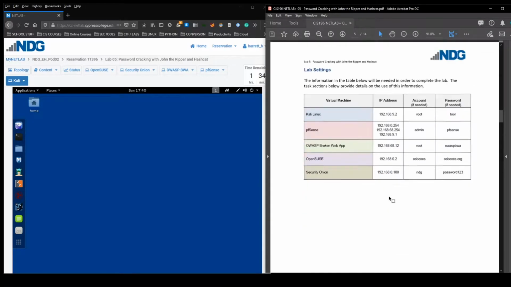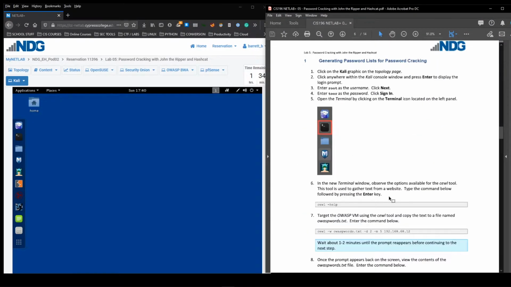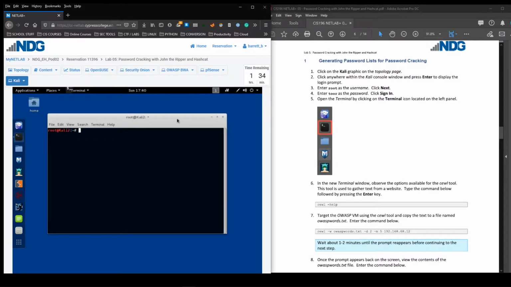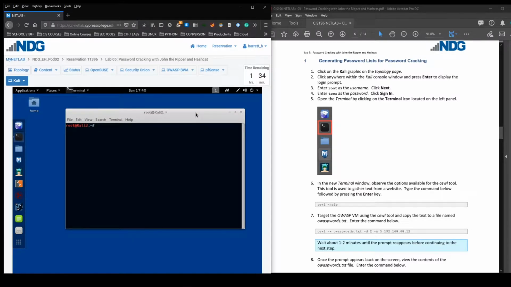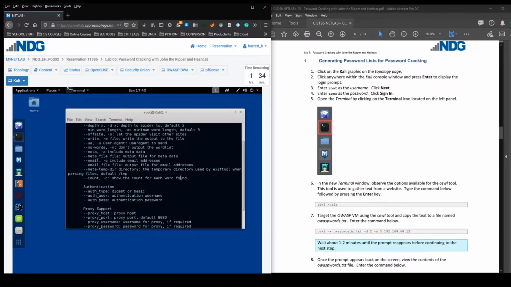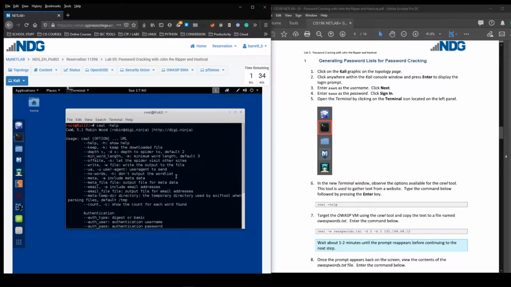Okay, great. So we'll go ahead and get started. So the first part of the lab, we will generate some password lists. I'm going to go ahead and open Terminal. And first we'll be looking at a tool called Cewl. So we can go get help on that. And essentially what this